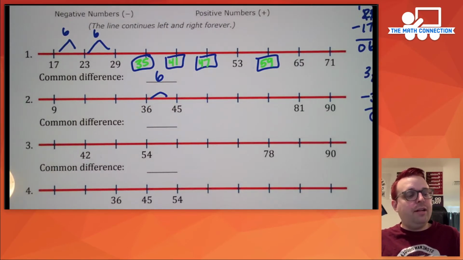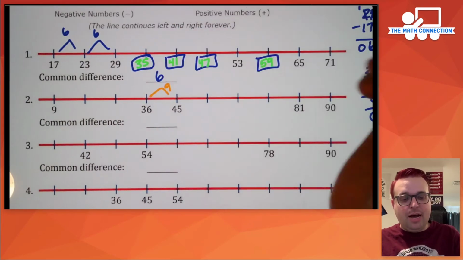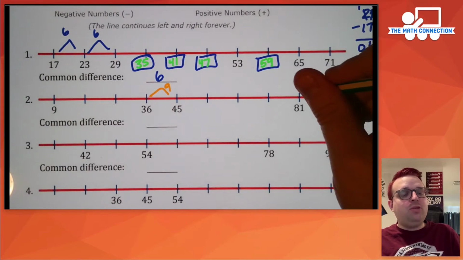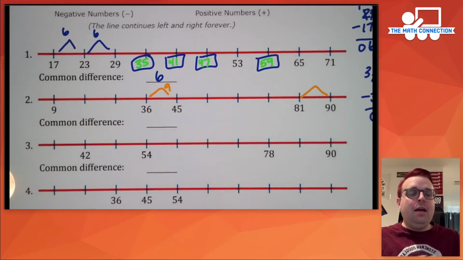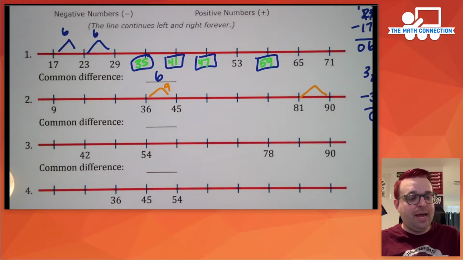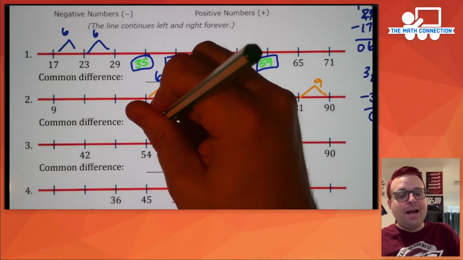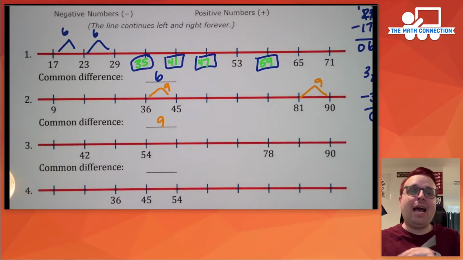I should use a different color for this problem, I think, shouldn't I? How about orange? So the difference here is 9. And then what about between 81 and 90? 81 and 90, the difference again is 9, because 90 minus 81, well, can't do this, got to borrow. So this is going to be 8, and this will become 10. 10 minus 1 is 9. 8 minus 8 is 0. The difference is 9. So it looks like my common difference here is 9, which means I'm counting by 9s,